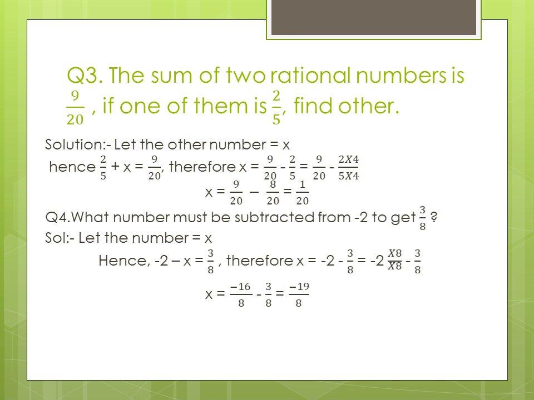So it is the word problem we have converted into algebraic form. Now in this case, because here if you observe, this x has the negative sign, so we have to make it positive. What we do is, we transpose x to the other side and 3 by 8 to this side. So x will become positive, and 3 by 8, which was positive, it will become negative. So we got this, minus 2 minus 3 by 8.